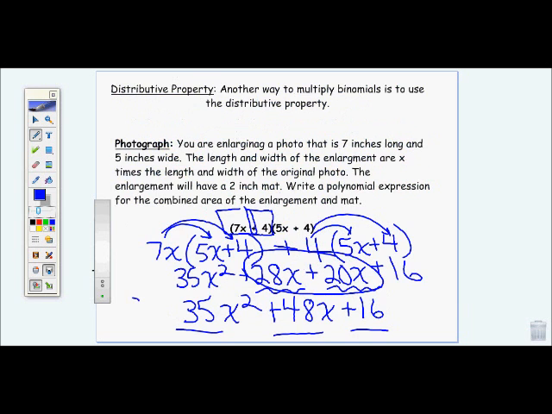All right, I'm going to do one more with the FOIL method just because, as I said, that's the most popular one. So we'll do maybe two more. This isn't too long of a video. So let's do 8k minus 1, and we're going to multiply that by negative 3k minus 5 for our second binomial. So we're going to do first, our two first terms, 8k times negative 3k would give me a negative